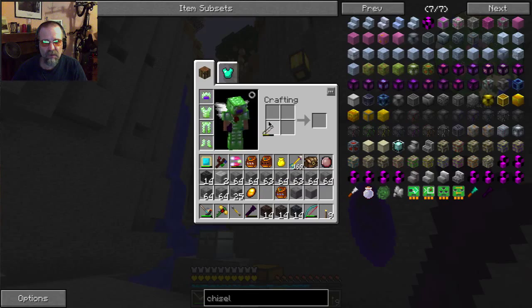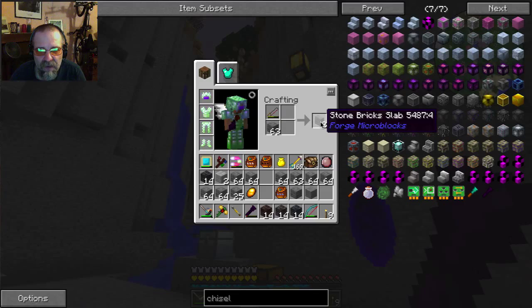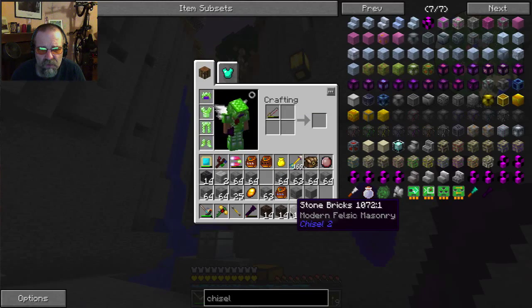Okay, what you might not realize, and I didn't know this, is that you can do the same thing with the chisels. The chisel 2 special blocks, you'll get the same thing. And they're called forged microblocks. So there's a lot of forged microblocks. I don't want to use those though. I want to use,